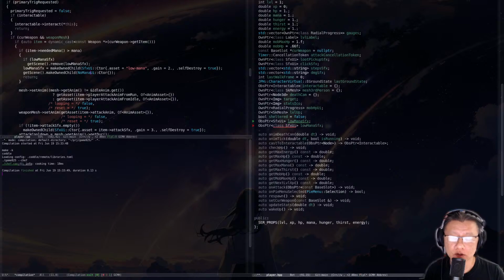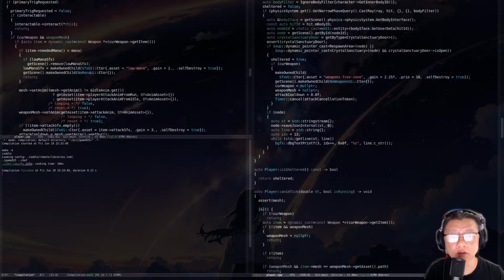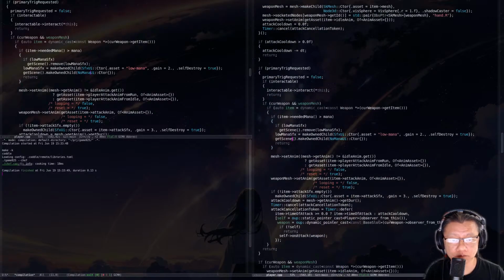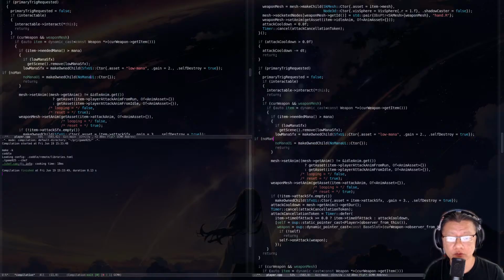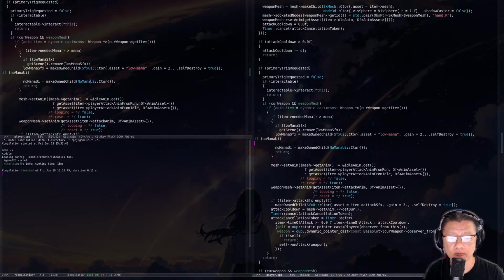So let's do no mana UI, no mana UI, no mana UI equals, and we don't need scene. If no mana UI get scene dot remove